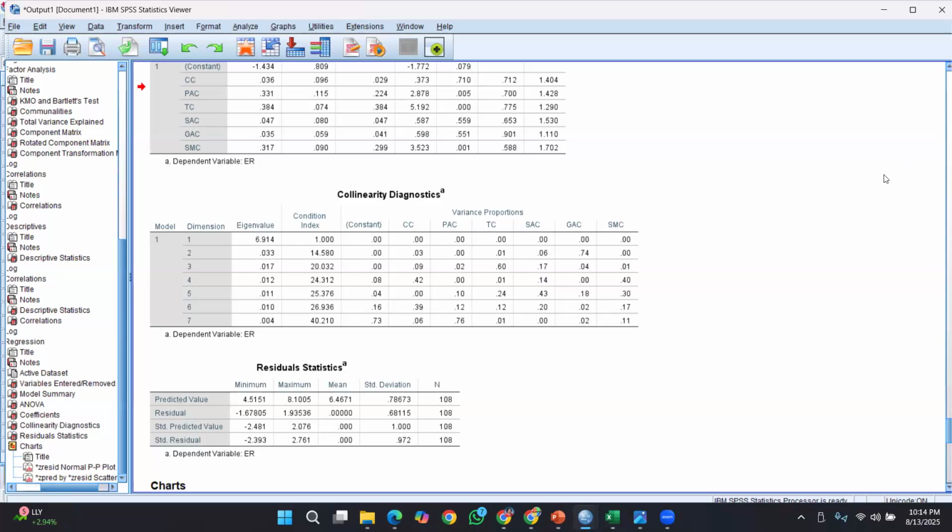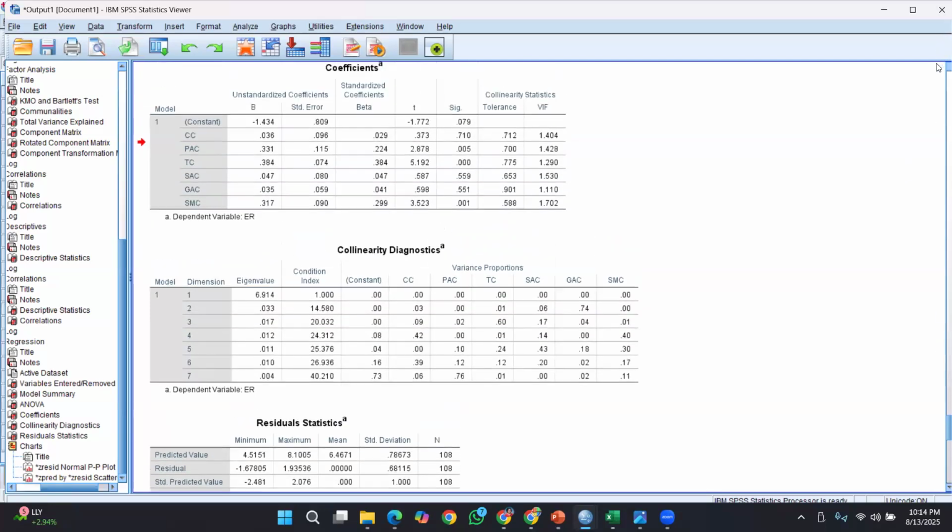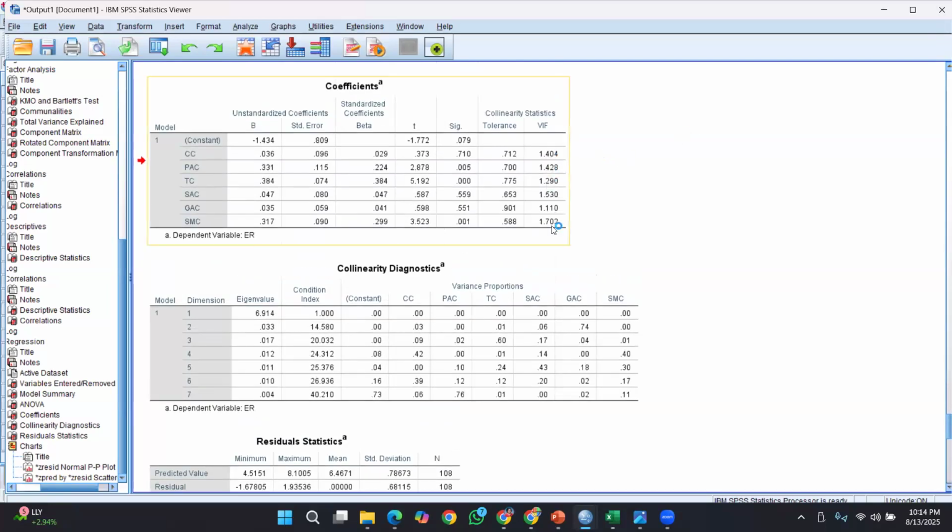Right, so this VIF value will be used in order to test the multicollinearity. A VIF value beyond 10, in severe cases, we can't accept. If it is less than 10, it's acceptable. If it is less than 5, it is quite acceptable, and the rest of the variables have a VIF value indicating a very low level of multicollinearity.